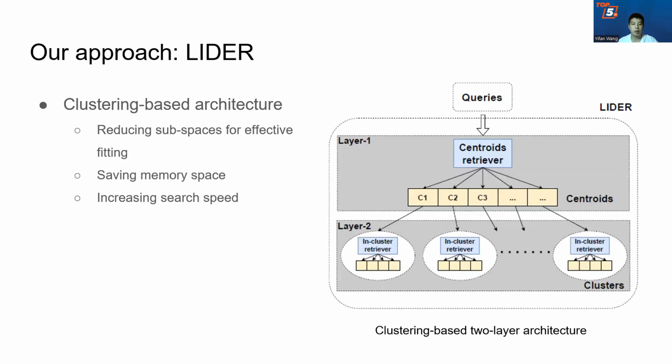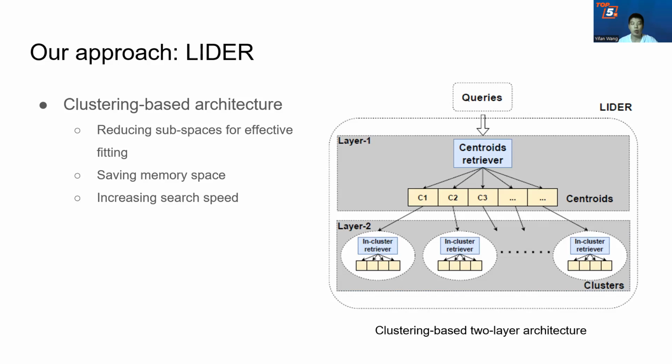And in the higher level, we construct a clustering-based architecture to organize all the core models. So we cluster the whole search space, and in each subspace, in each cluster, we build a core model, which is called in-cluster retriever, to index the subspace. And in one layer higher,